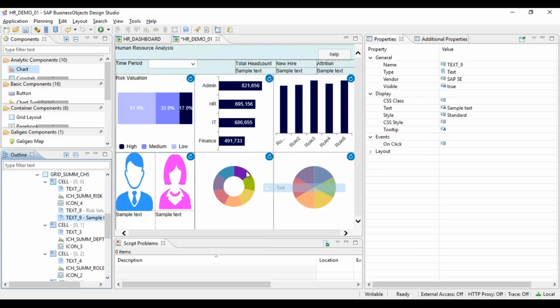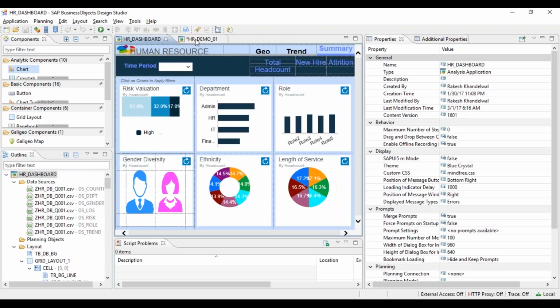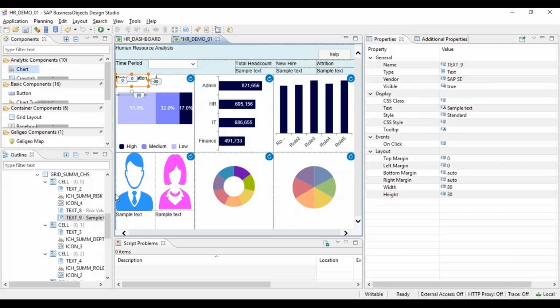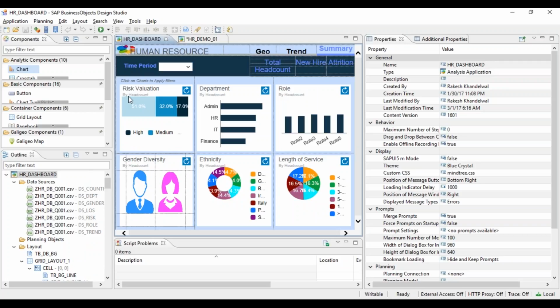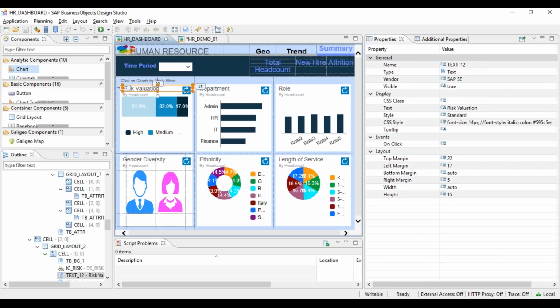So risk valuation, another heading is by head count, and you can give a little bit of space from top. Now we can use this CSS.